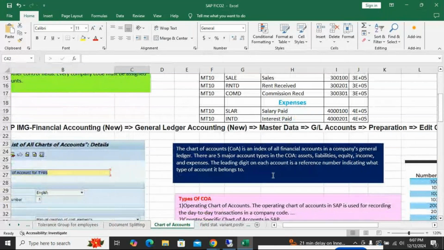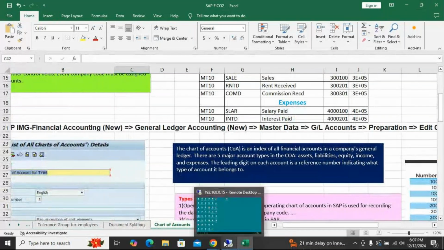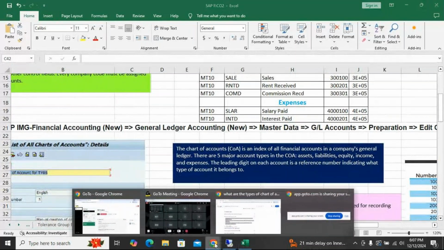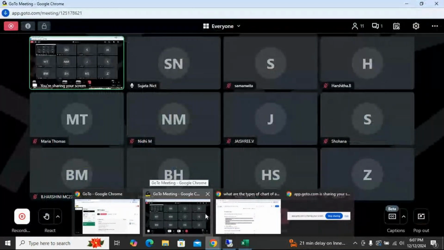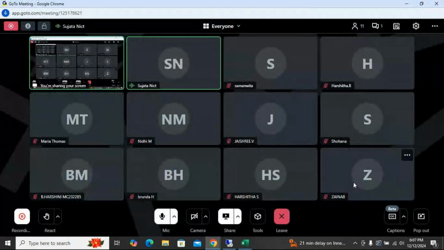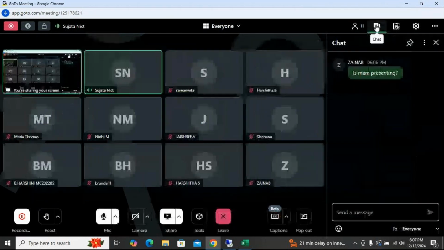Journal is posting of transactions. Give some examples on that. Some examples on journal, like what type of transactions we can enter. It's a daily book of records, right? It is the book of first entry for every business transaction, right?